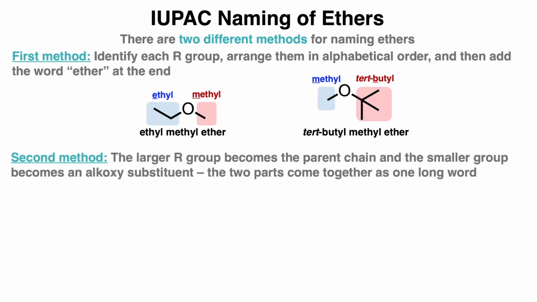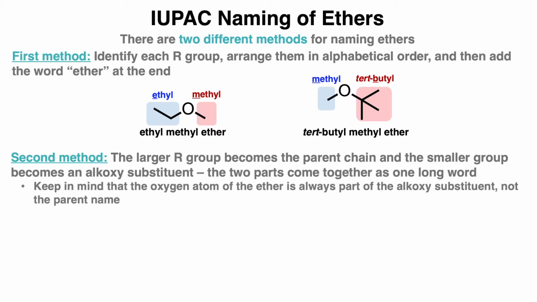The second way of naming ethers is a more systematic approach. The larger R group becomes the parent chain, and the smaller R group becomes an alkoxy substituent. The two parts come together as one long word. Now keep in mind that the oxygen atom of ether is always part of the alkoxy substituent, not the parent